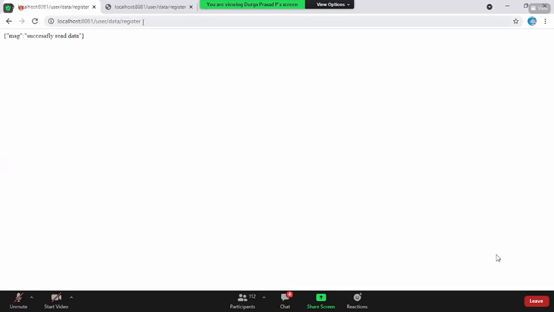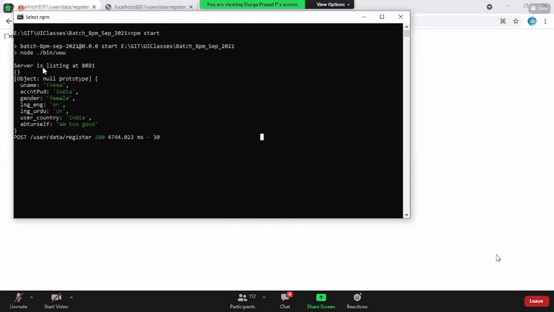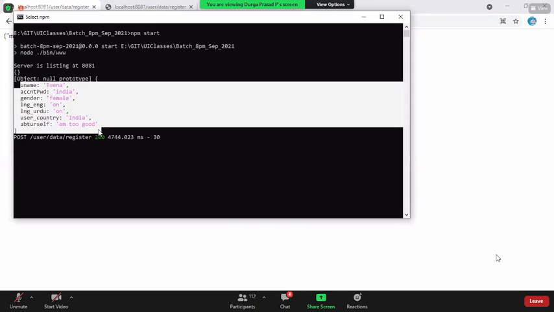now if you see here, do you see the data in the URL? No. Now the question is how the server is receiving the data. Go to the server. At the server side, could you read the data or not? Yes, boss. So you don't need to bother about the server side. The server will read the data.